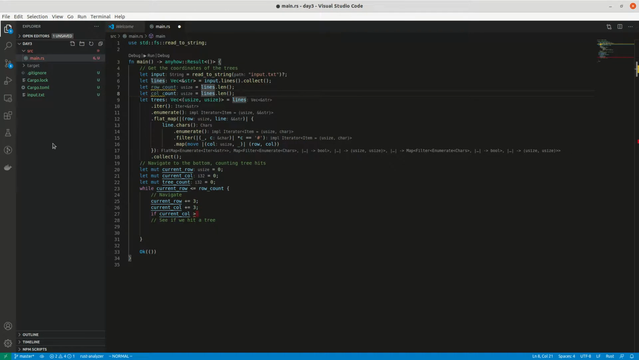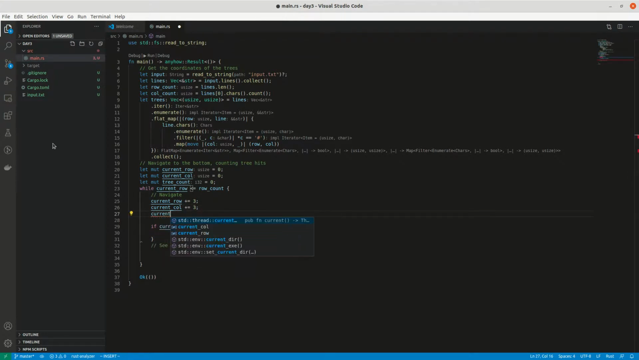Col count is going to be line 0 dot count. Now again, I'm annoyed because if there are no lines, line 0 will give an overflow error, but we don't care. It's just a programming exercise. Okay, current col is greater than col count. If we've gone over the edge, we need to wrap around. You know what? We just need to mod it. Current col mod equals col count,